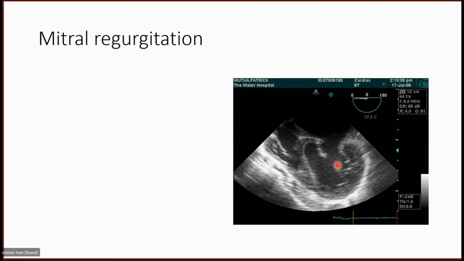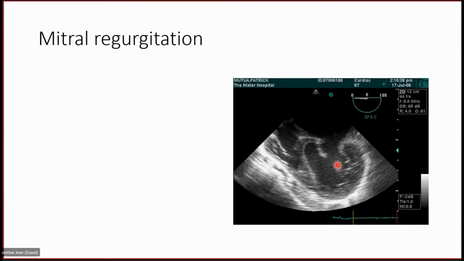The activity of the left ventricle is felt at the apex. So you will get a systolic murmur at the apex. So the murmur of mitral regurgitation is an apical pan-systolic murmur radiating to the